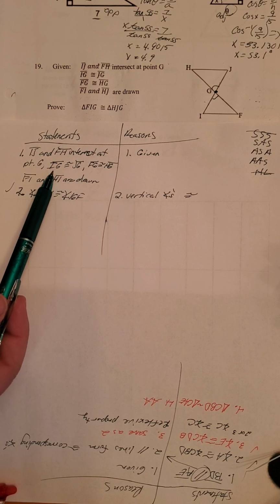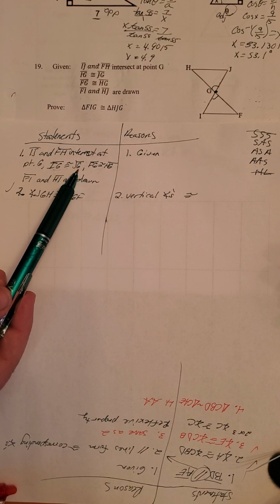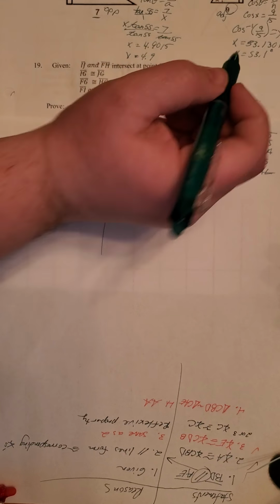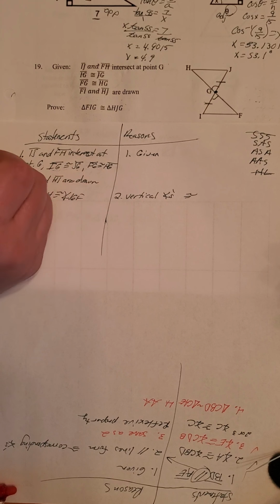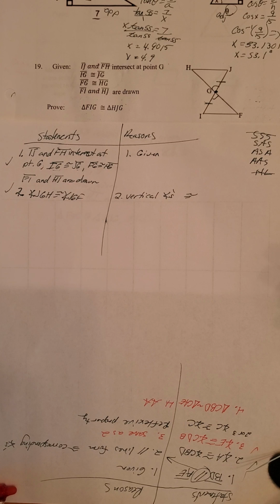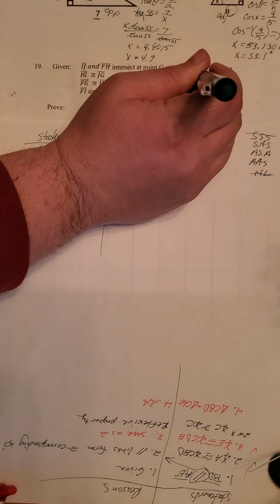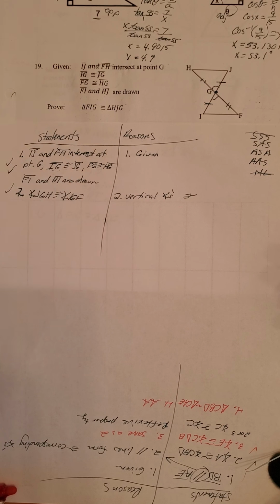The second given is that IG is congruent to JG. So these ones right here are already congruent. We want to label our picture, and that means we have another given already, or another set of congruent. Then we know that FG is congruent to HG. So we have another one right here. So that's another side. So guess what? We have one,